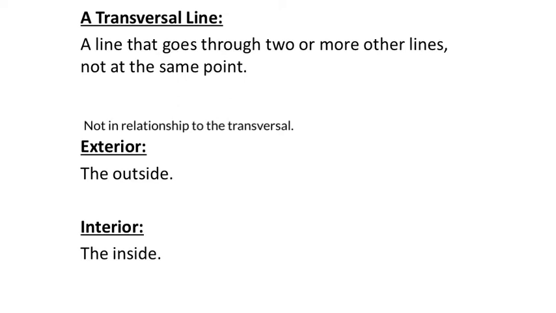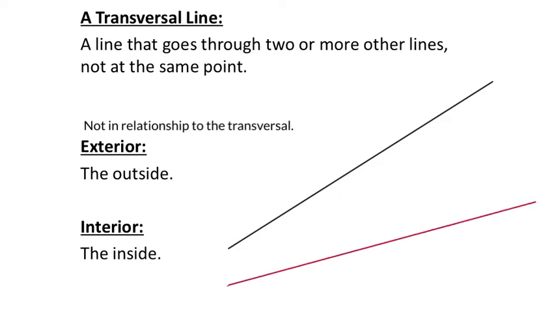Now, this is new vocabulary for us, so what am I talking about? Well, if I were to give myself a couple lines here, and these ones don't necessarily have to be parallel, it's just that if they are parallel, then it creates a special relationship with the transversal, okay? So right here, I will name the black line just line A, and then the red line, line B, okay? Well, if I gave myself another line going through these two, I could label it